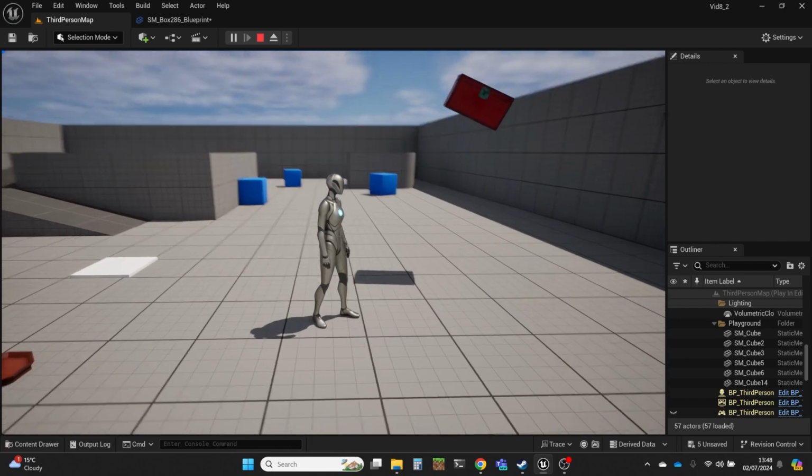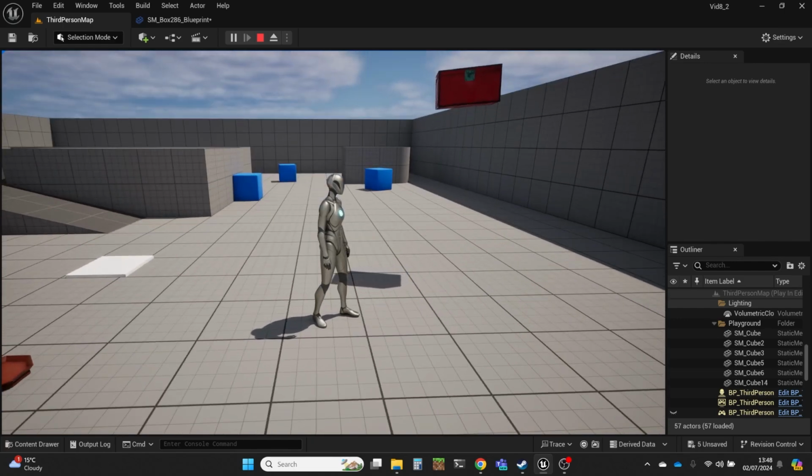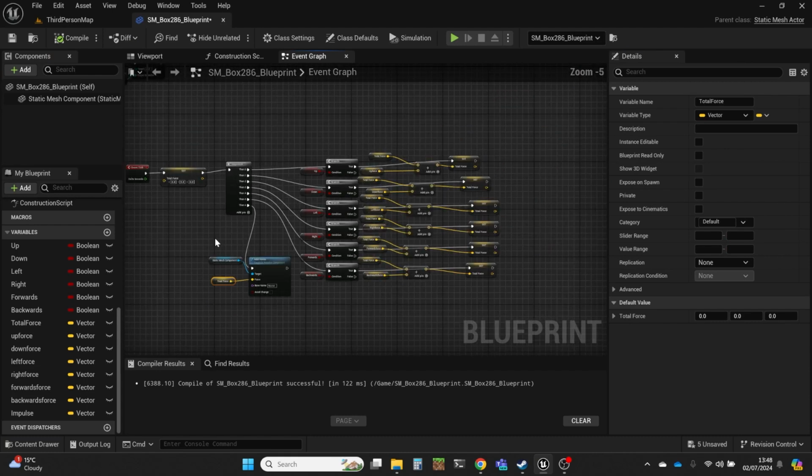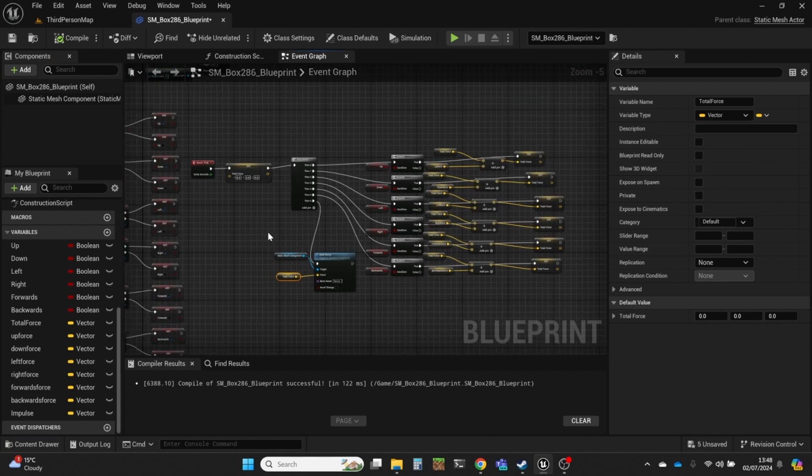So what else do I want to show you? Well, let's stop and go back in to that blueprint. Is one of these ways of doing it better than the other? No, I wouldn't say so. The only reason that I've done it as this cumulative force is to show to you this thing that you can add these forces on.